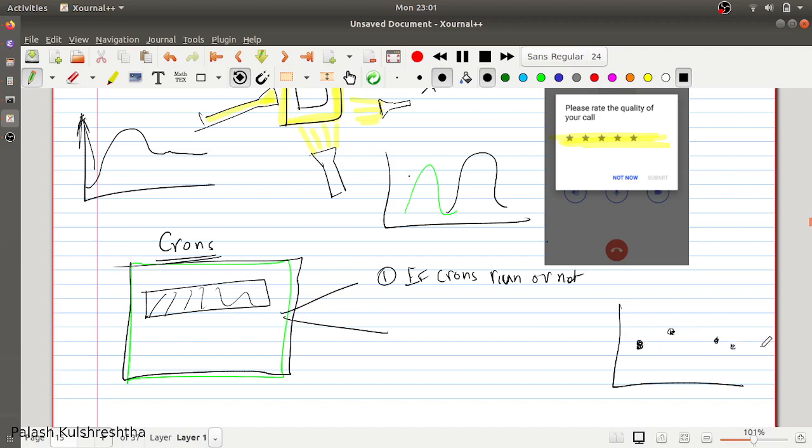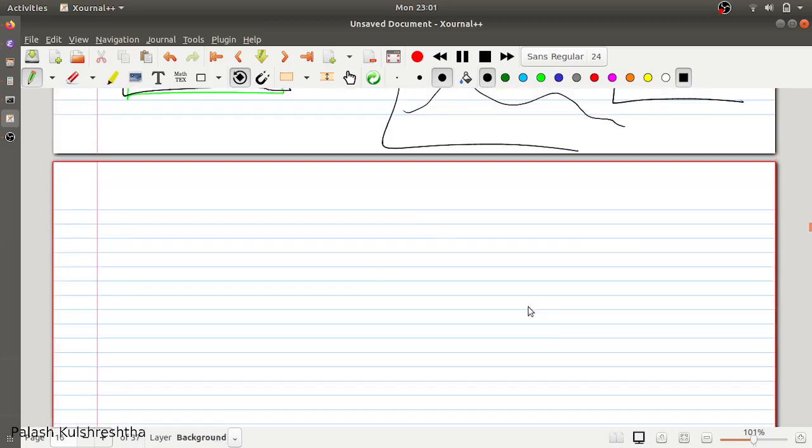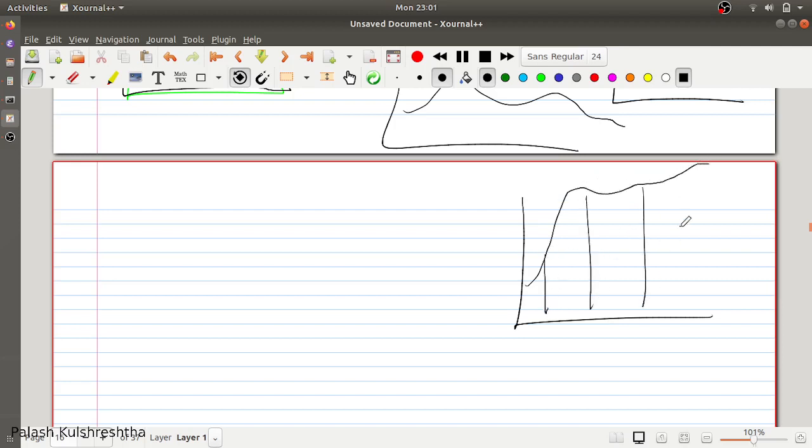Besides that, you can collect how much time a particular cron took to run. This is going to give you a pattern of how much time it takes. So it can be a pattern like this. And if, for example, in the cron runtime you notice a steady increase in the time a particular cron is taking to run, that may indicate that there is something that needs to be checked, why this cron is taking a large amount of time to run.